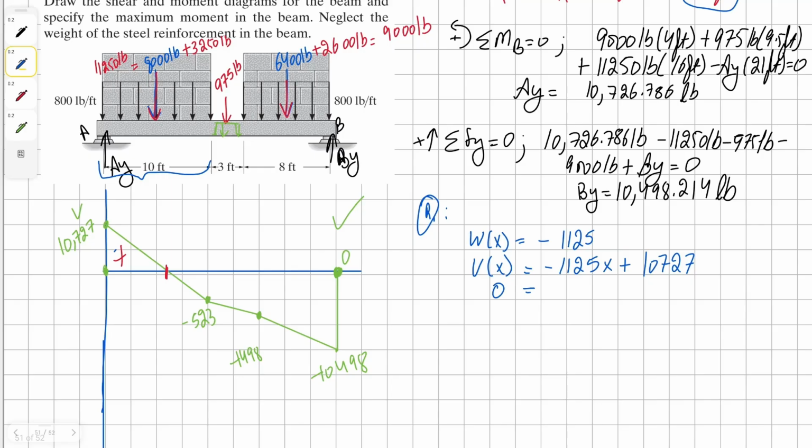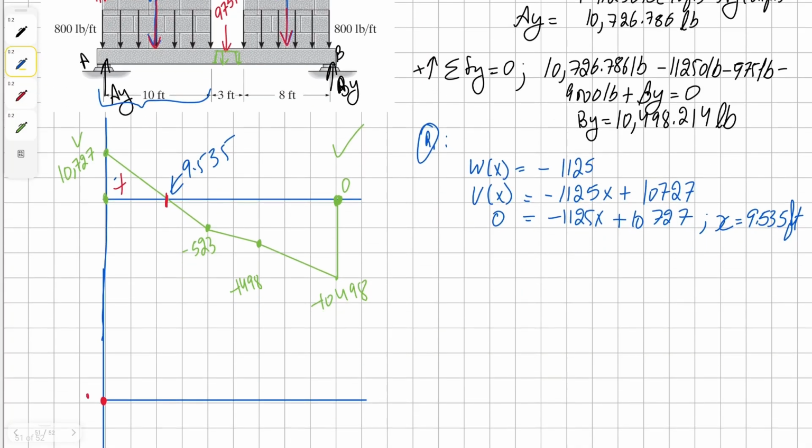And solving for x, we get the value of x as 953.5 foot. So this is at 9.535, and now we know this will be the peak of our moment, and we know it's going to be concaving downward. And to find the peak, we simply have to take the area of this triangle here. So it's going to be 10,727 times 0.5 times